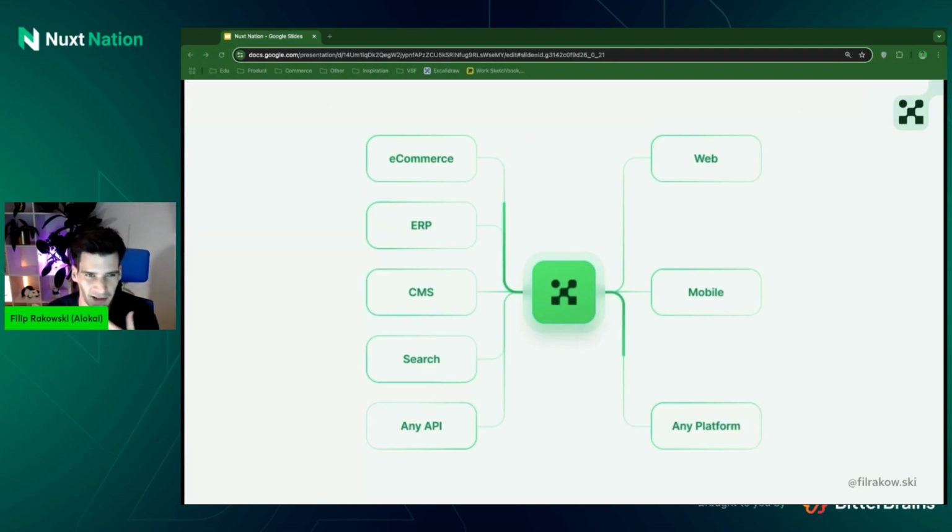So composable architecture is an architecture paradigm where instead of using a single backend platform to cover basically everything that you need, like Shopify, you're actually composing, hence the name, your backend from multiple vendors specialized in different categories like content, order management, search, e-commerce. And frankly, they could be 20 or 30 different ones. And that allows you to tailor your stack specifically to your needs without living with the trade-offs of choosing one